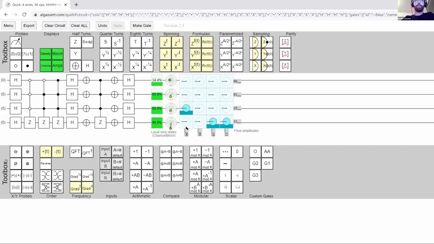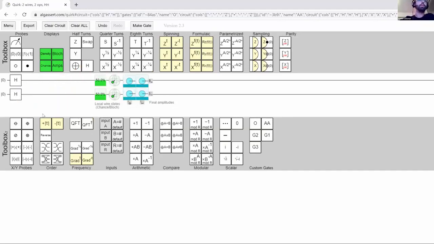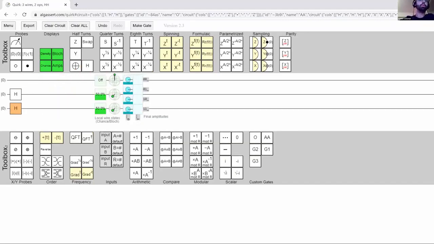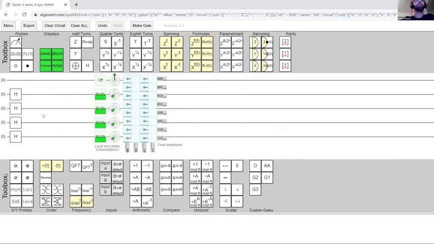Good. I will clean the circuit, because otherwise I'll lose the gates as well. I'll go back to using 4 qubits, and I'm going to keep one work qubit at the top. Intuitively, what I was thinking about is how can I